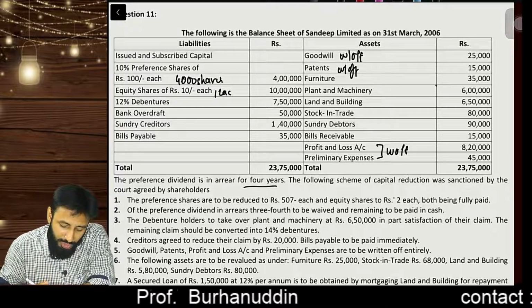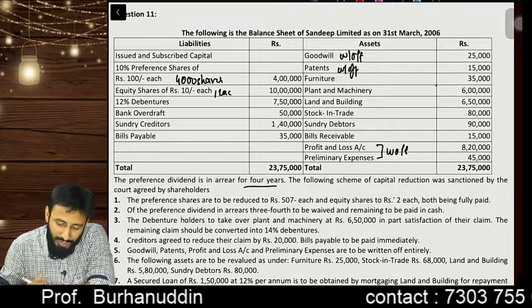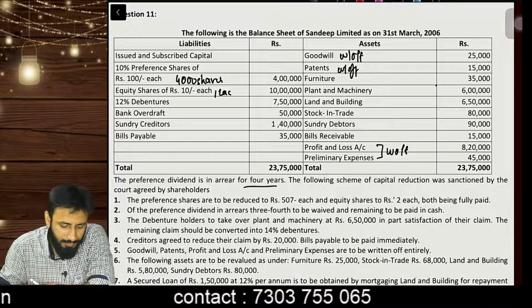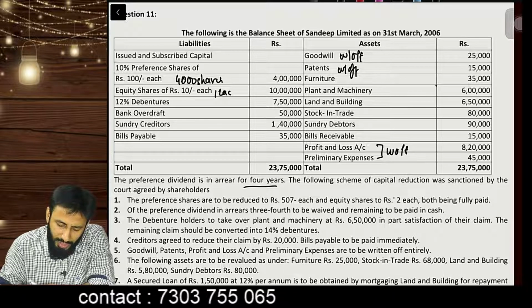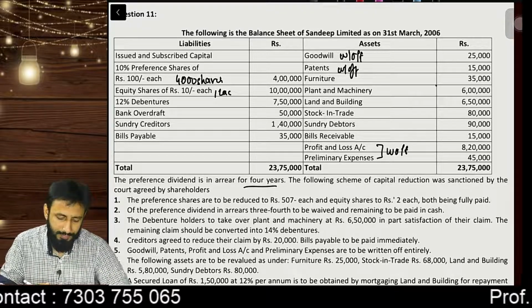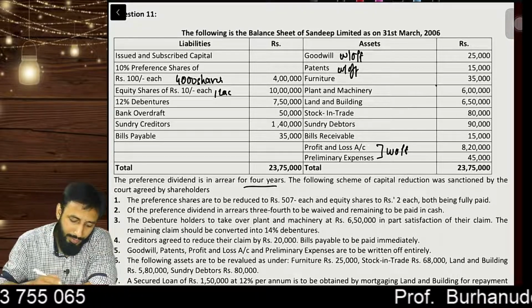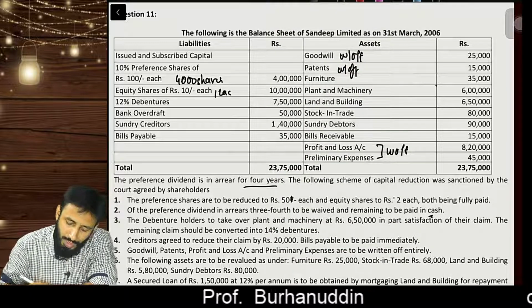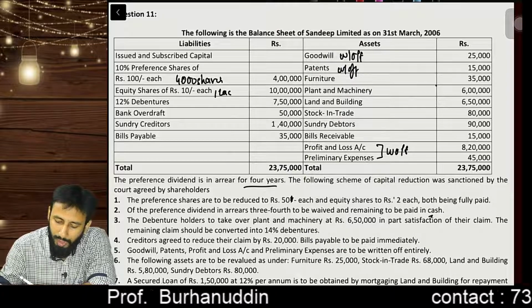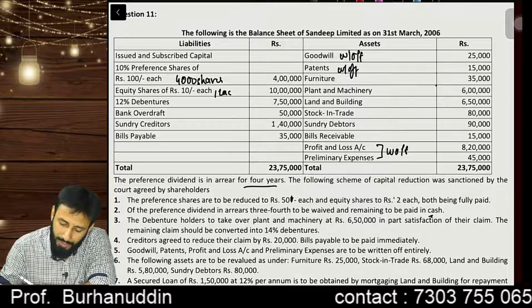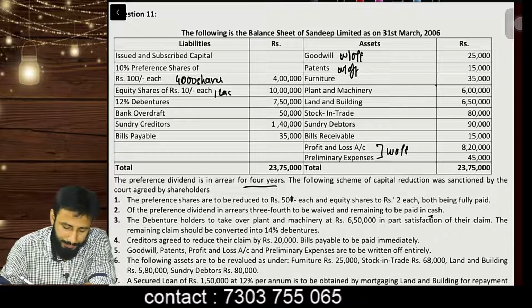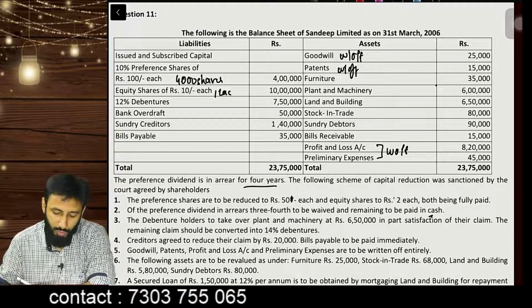The preference shares are to be reduced to 50 rupees each, and ये 507 नहीं होगा, ये 50 रुपीज़ होगा ना. प्रिंटिंग एरर है वहाँ पे, हटा दो वो. 50 rupees each, and equity share is to be brought to 2 rupees each, both being fully paid up. अच्छी बात है. So preference shares are to be reduced to 50 rupees